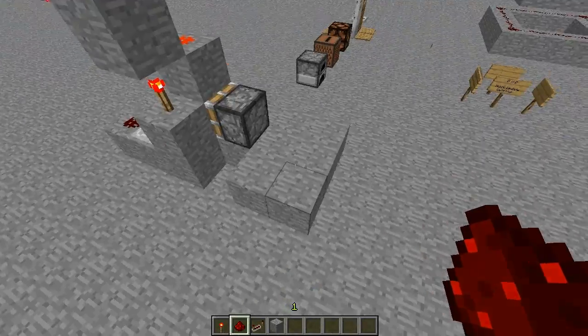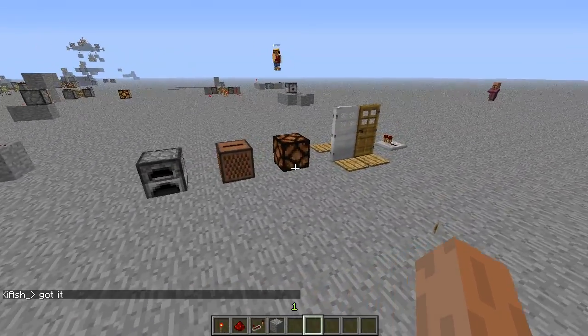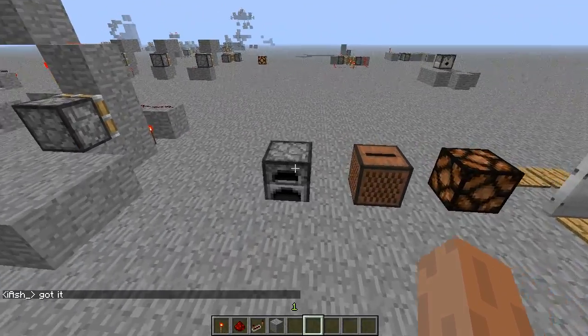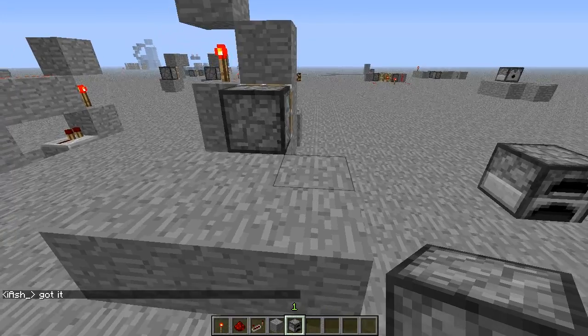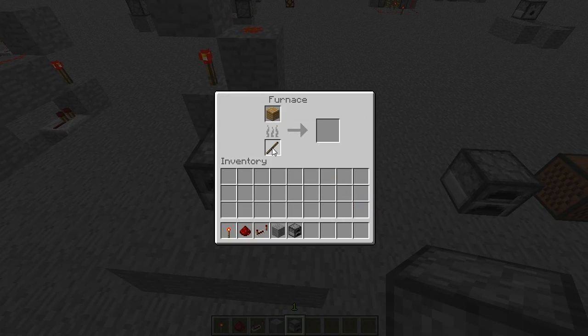So yeah, they don't just detect blocks being placed or removed. These are some other things that you can use with bud switches. So this is a furnace. Place it down. Obviously, you'll trigger once then. And if I put something in it,